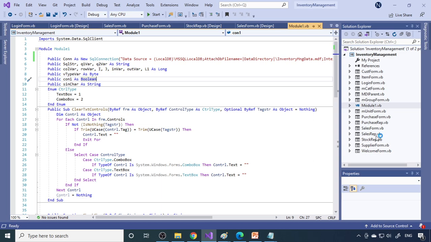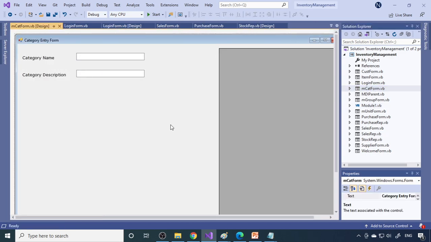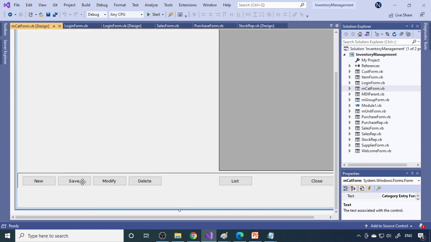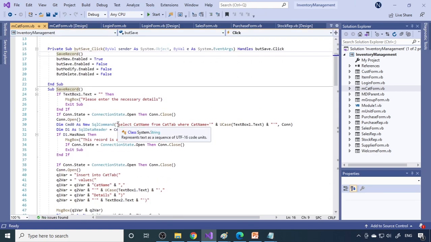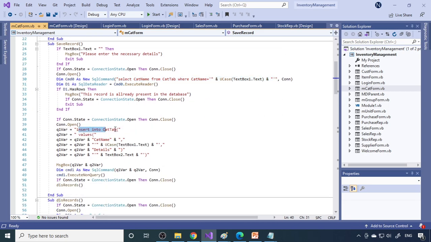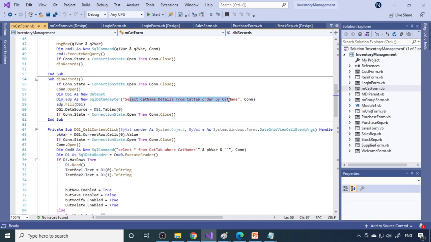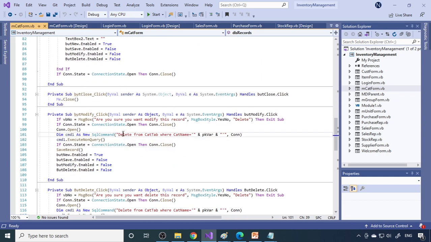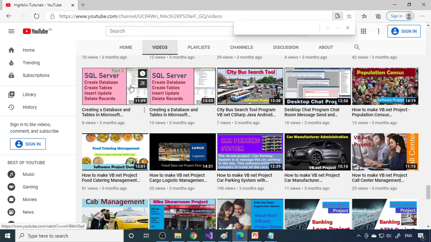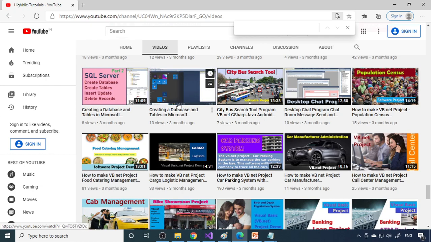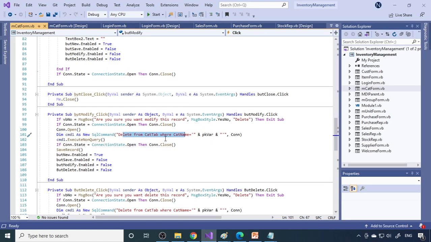If you go to any of the pages, I'll take a simple one, let's say category form. If I go to the code, you can see that everywhere we have statements. These are the SQL statements. This is a select statement. There is an insert statement. Again a select statement. Okay, and a delete statement. All will be explained here, because you will understand what delete, insert, update and all these things are. First, learn these two important ones. Watch these videos and learn thoroughly. Then these things will be very easy for you. You can easily understand all these concepts, right?